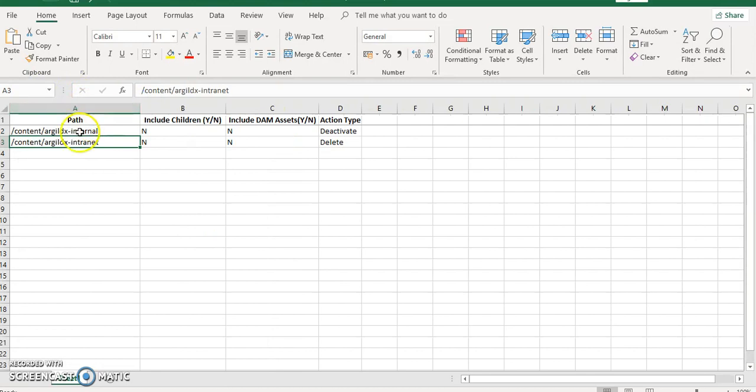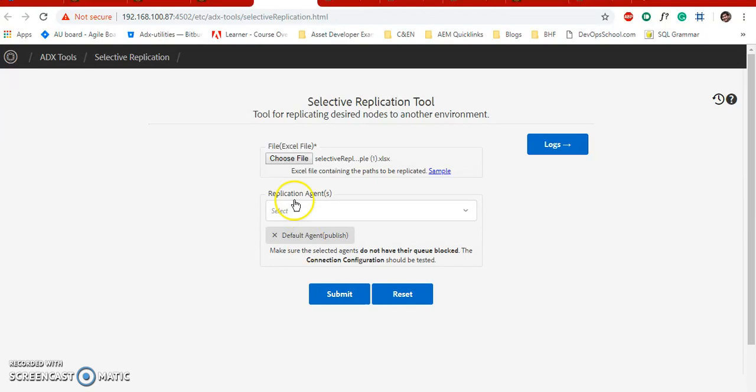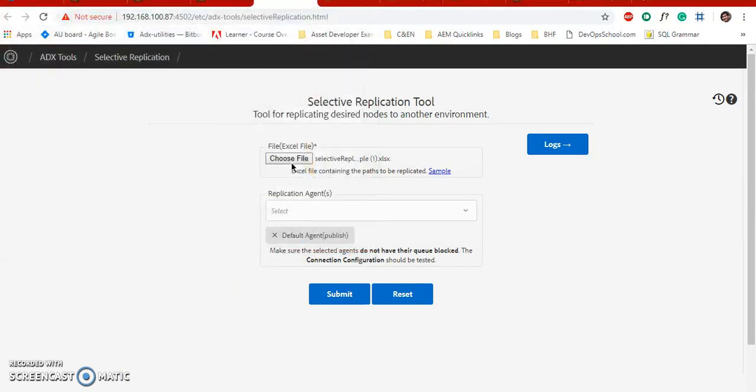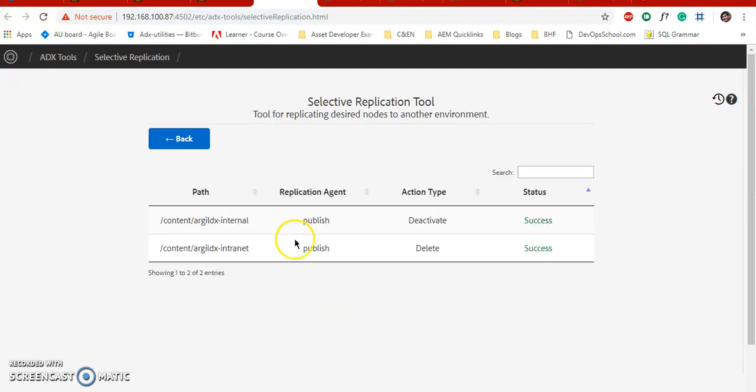As you can see, RGLDX internal and intranet, and one is deactivate and one is delete. Let's try to work on that. The chosen file is the same, and submit. So one action type is deactivate and one is delete.